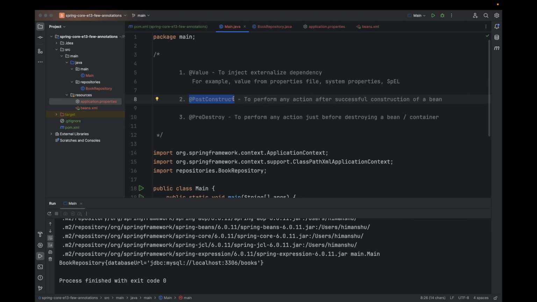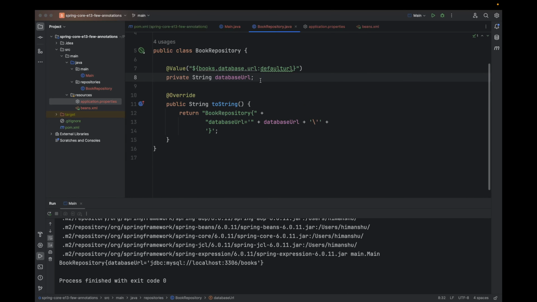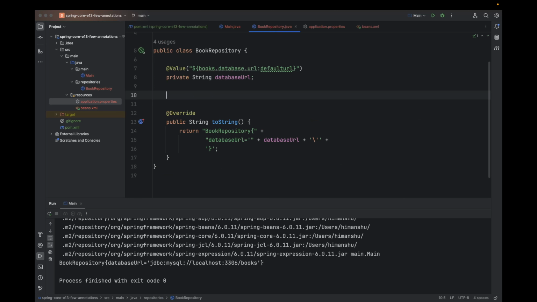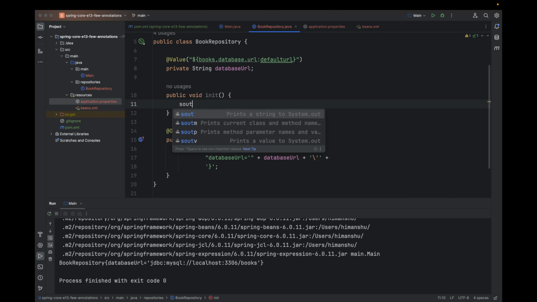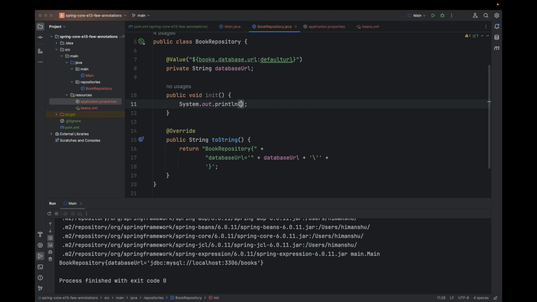In one of the previous videos, we have already looked at the bean lifecycle. There we have discussed the PostConstruct. So let's use the PostConstruct annotation. So here, let's create a method first. Public void, I will give it the name init. The name can be anything, and let's print this, connecting to database